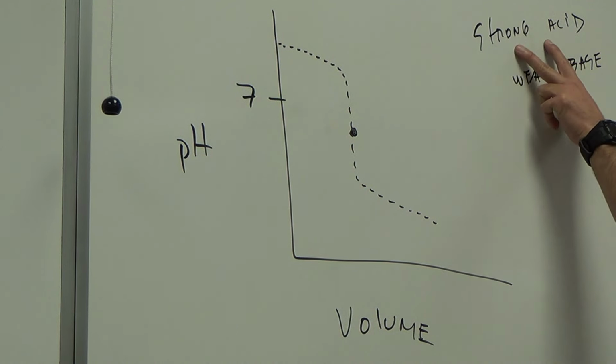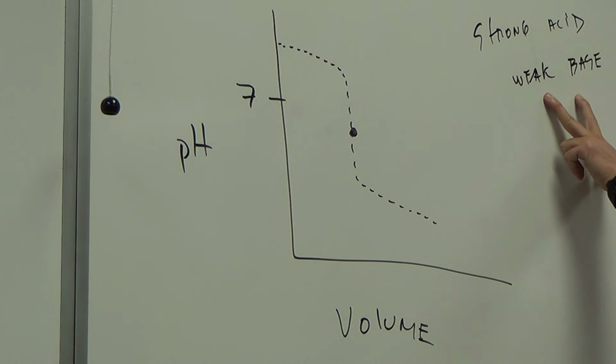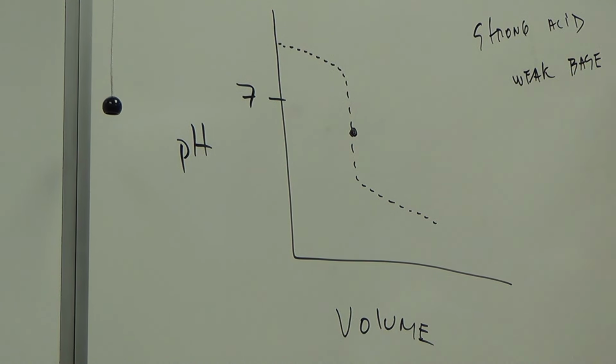So, the strong acid will react with a weak base to form what? A conjugate acid of this weak base, yes? And the conjugate acid of a weak base, is it acidic or basic? It's acidic. So, whenever I have